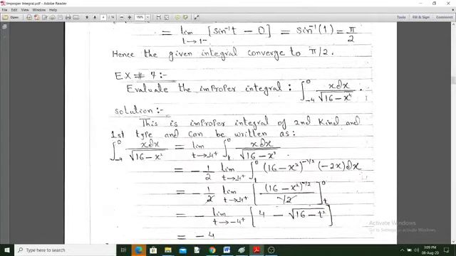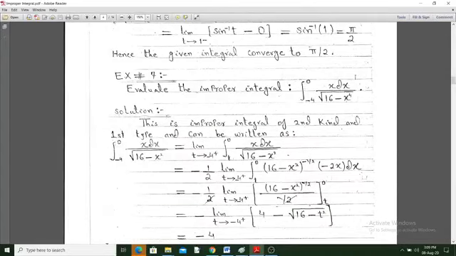This is another integral, and you see neither the lower nor the upper limit is infinity, so this is not first kind. But this function at the lower limit, if I put x equals -4, becomes infinity, so this is second kind and first type. Why first type? Because at the lower limit